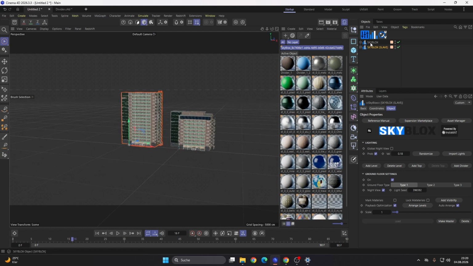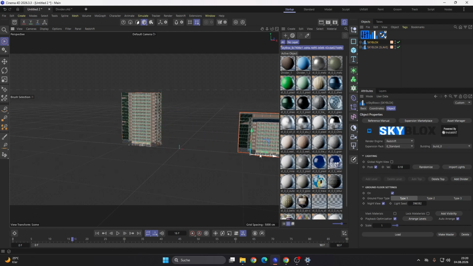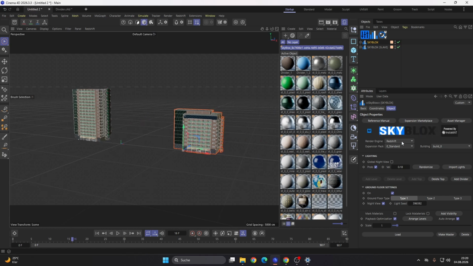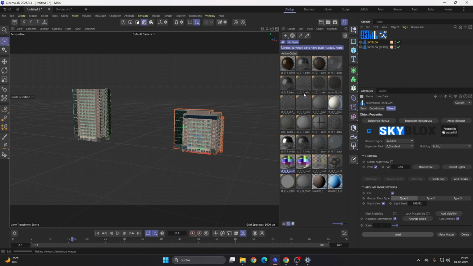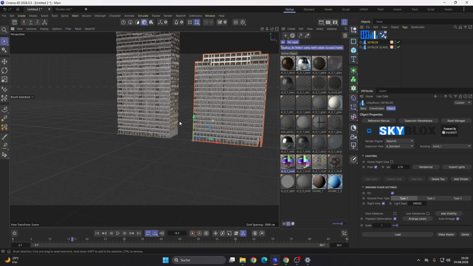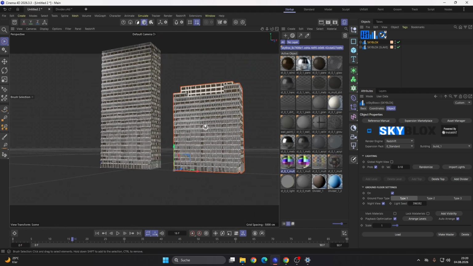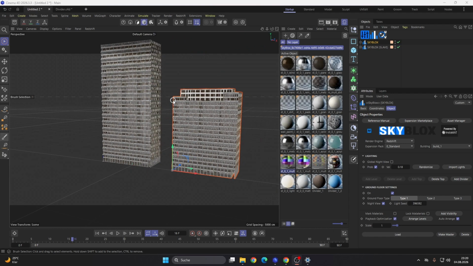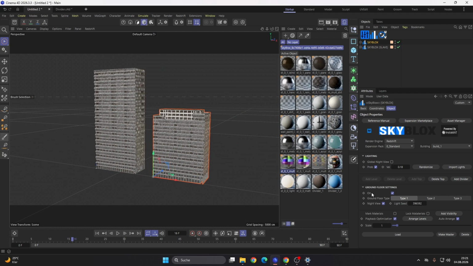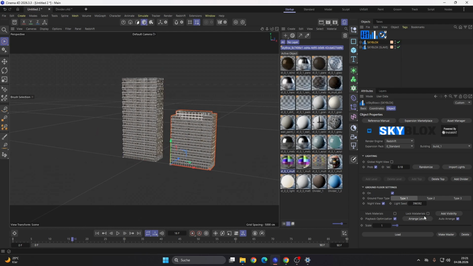So let's say the Skyblocks master loads a new building. Let's switch it to this building here. I load a building, all the textures. So you can see it loads a new building, and the slave is also loading this building. So the slave is, so to say, coupled to the master. And this is pretty cool. And yeah, this is the master and slave system.